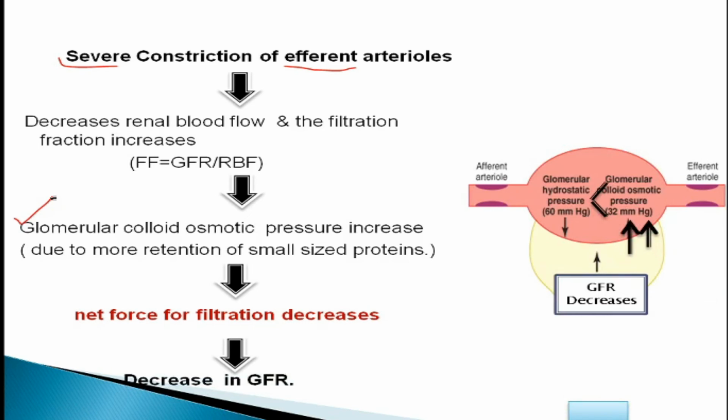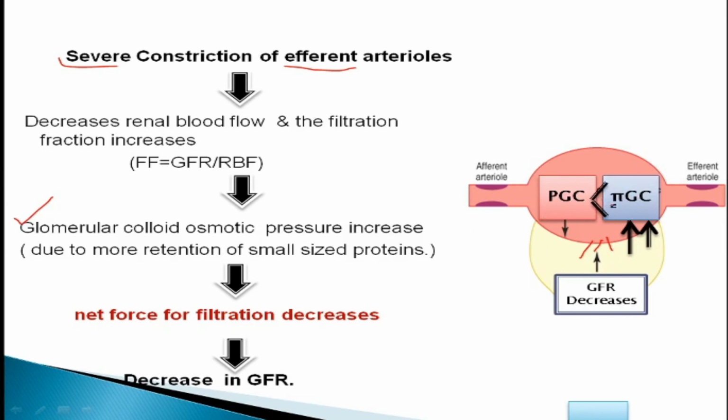Here in this diagram you can see very clearly that when the efferent arteriolar resistance becomes very high, the flow of blood will be obstructed, leading to collection and pooling of the blood in the glomerular space. This is the glomerular space, and the fluid will keep on filtering initially to such an extent that all the fluid is filtered out, leading to retention of a large amount of plasma proteins in this area,